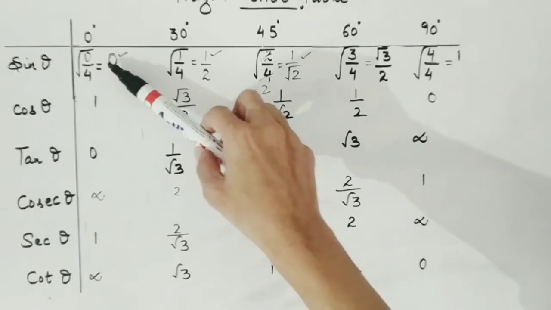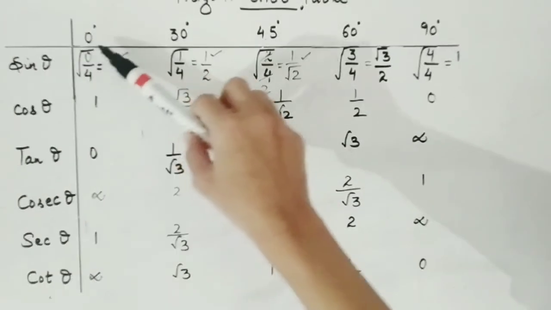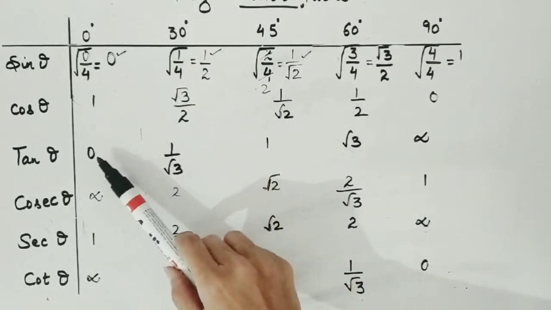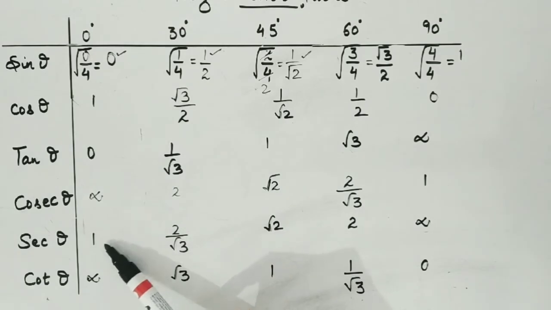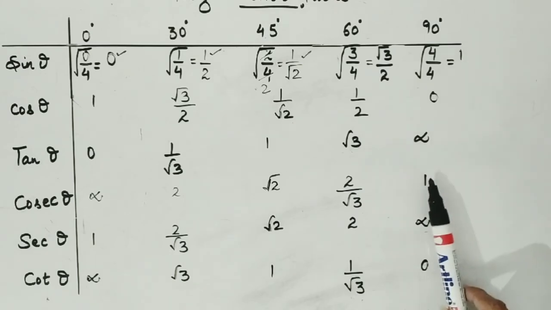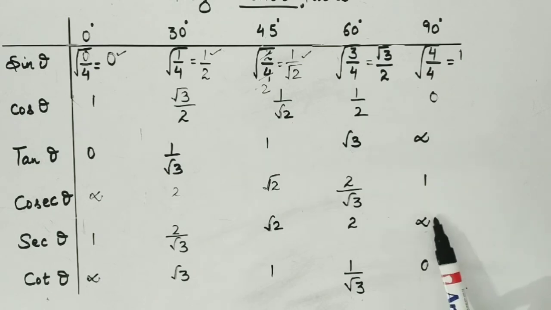Carefully observe the functions for 0 degree and 90. Twice 0 is occurring, twice 1 is occurring, and twice we have undefined. Same thing happens here. Twice it's 1, twice 0, and twice we got not defined. So this is the easiest way to make trigonometric table. I hope it would be clear to you, and this would be of great help to you all.